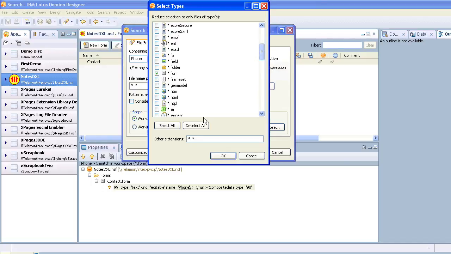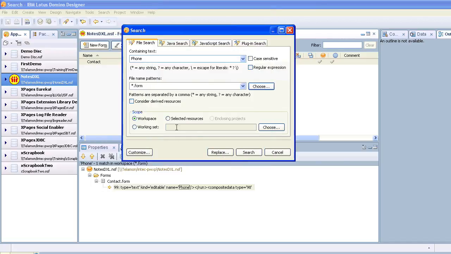So if we search just on form, and then at the bottom here we've got scope. Now it's worth bearing in mind that the Eclipse search can only search through open projects or open NSFs. That doesn't mean that it's open on the server anywhere. It means that you've opened it within Designer and not closed it down. So you can usually tell those in the application navigator because they've got the icon for the database as opposed to this